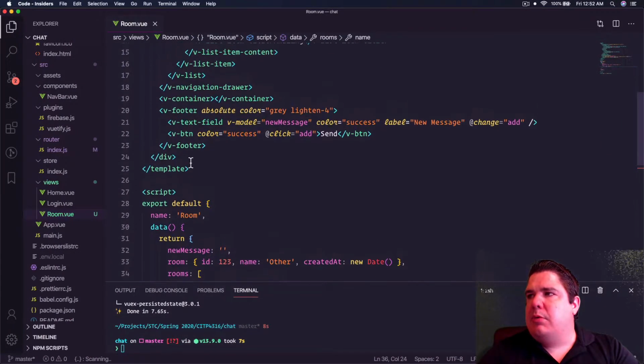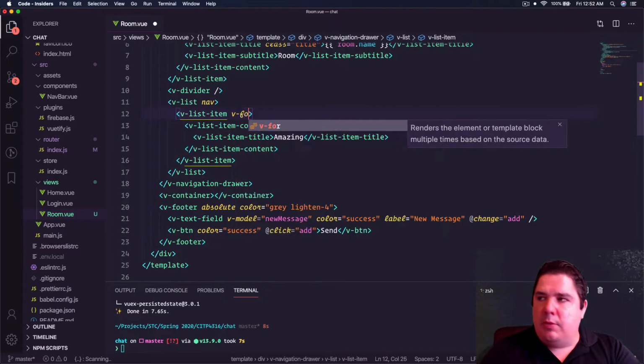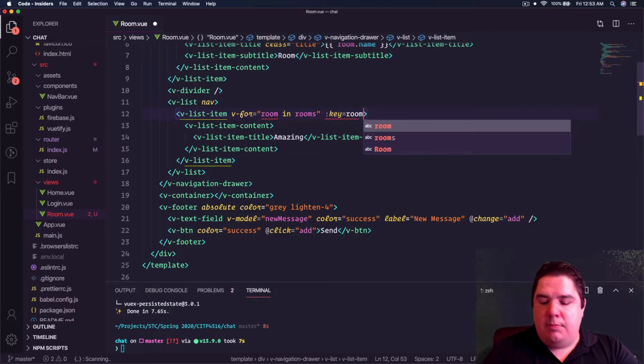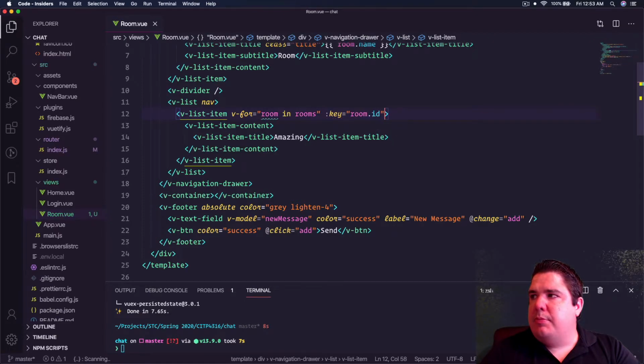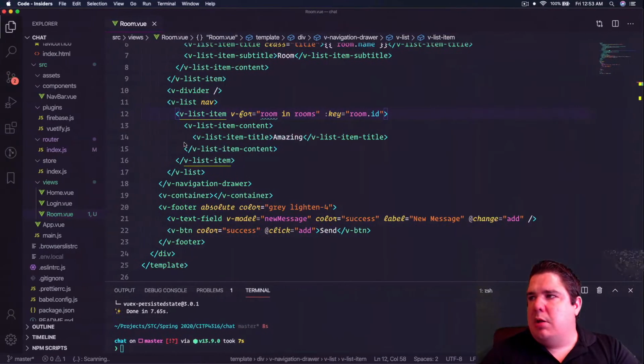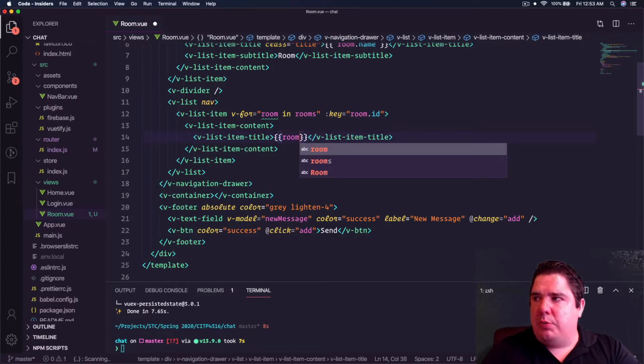And then that means that we can do a v-for. So we do a v-for room in rooms, where my key is going to be my room ID. There you go. So we repeat it 2 times, but instead of printing Amazing, it's going to be printing my room name,